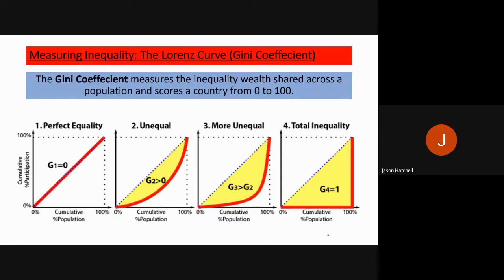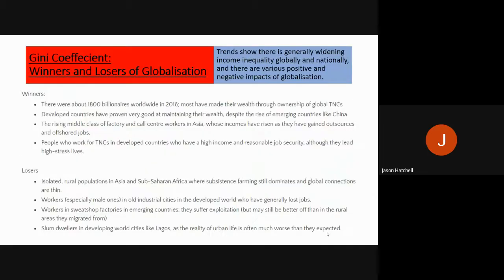And as you move right across the screen in front of you, you will see that societies become more and more unequal to total inequality. Now, there are no societies that are perfectly equal or total inequality. We have a mixture of number 2 and number 3 on screen. And as you can see, the curve there is a representation of that inequality in a nation.